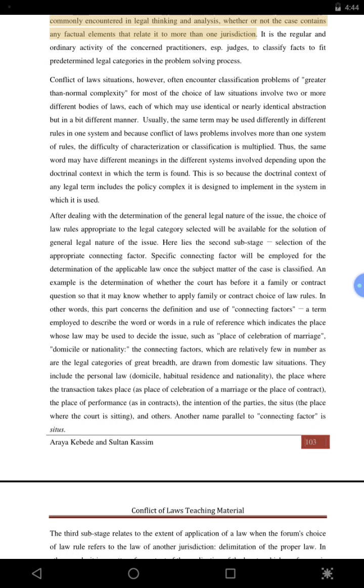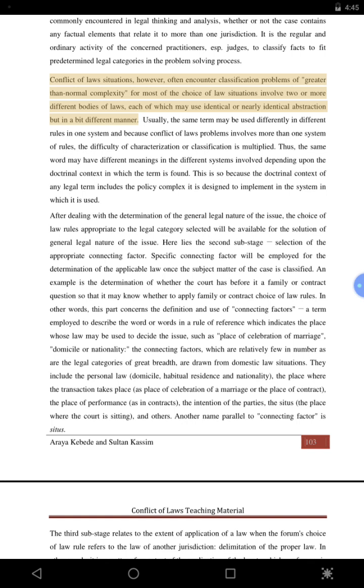whether or not the case contains any factual elements that relate it to more than one jurisdiction. It is the regular and ordinary activity of the concerned practitioners, especially judges, to classify facts to fit predetermined legal categories in the problem-solving process. Conflict of laws situations,